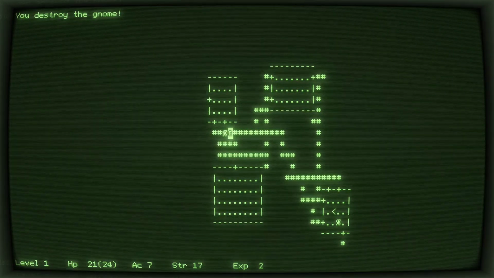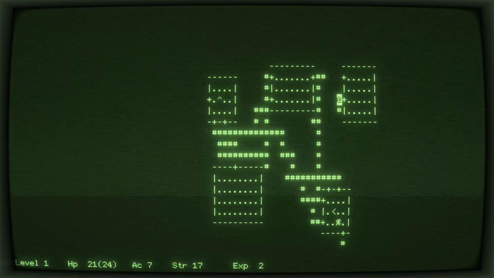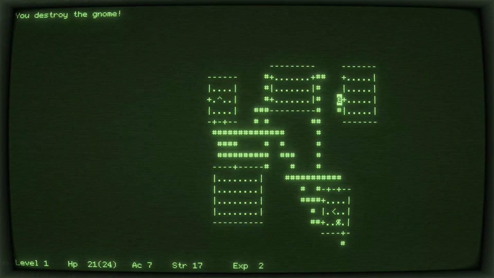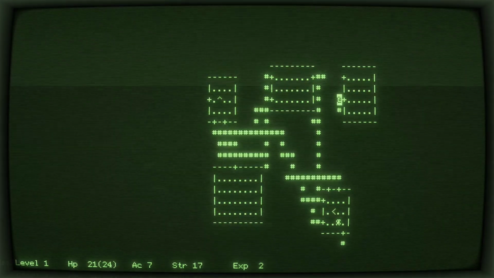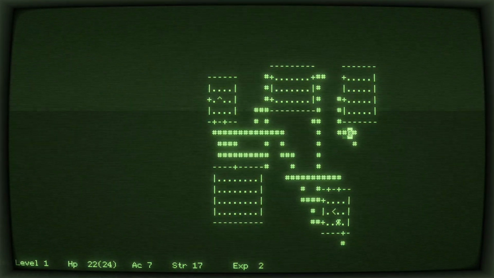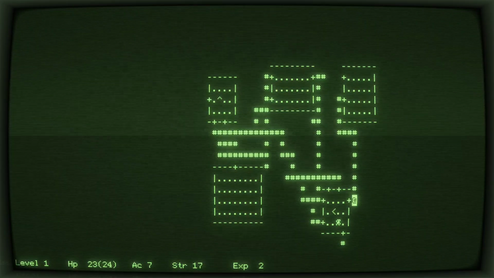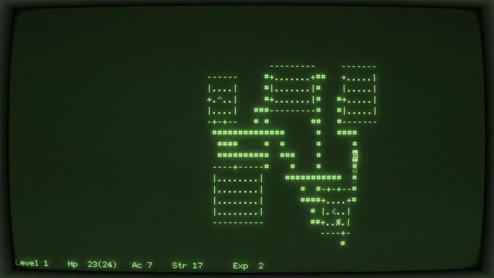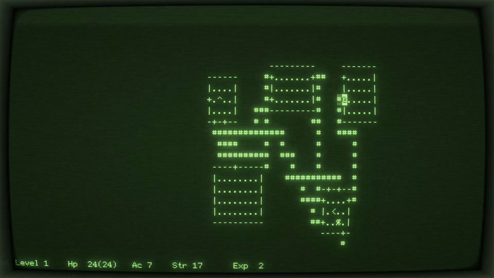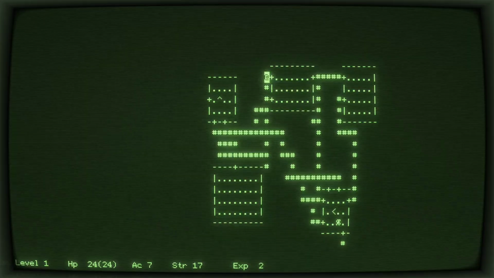Destroy the gnome. Ah, we had stepped into a teleportation trap. Apparently it doesn't show a message for that necessarily, but that surely is what just happened. When we stepped on that trap, it took us to a different portion of the map. In fact, a place we had never been to. So that was interesting. Secret door. Now let's see. Where else can we go?